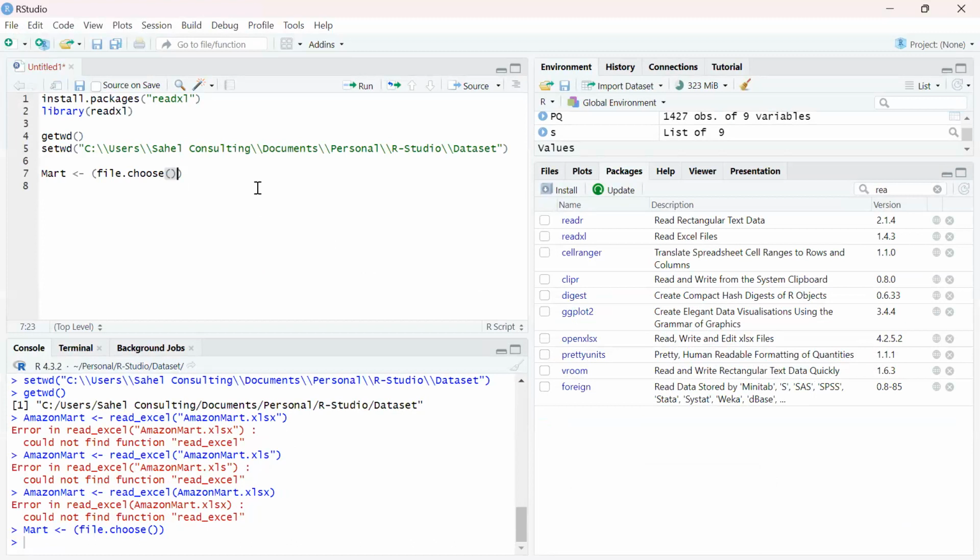Because this is another way of getting the Excel file. So I'm trying to bring in an Excel file called Amazon Math. So the way you can bring in those Excel is you can say Excel file.choose. And once you click your control enter, it will pop up another kind of directory for you to choose those Excel file. And right now, if I say view this maths,